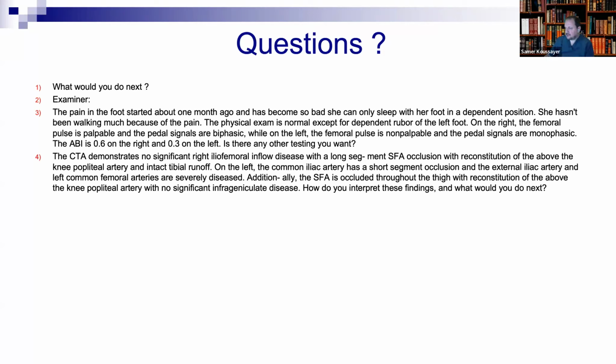So what's your plan on this patient? Go for endo. Tell me what's the plan. What's endo for what? What are you going to fix? What are you going to do? Tell me what you find. This is what they want in the exam to understand. Did you understand the CAT scan? Which part are you going to treat? You treat everything, the right, the left, inflow, outflow. This is what they want to know. Okay. She has the problem on the left, is it? Yes, correct. She has a left leg rest pain. This is when she came. Okay.